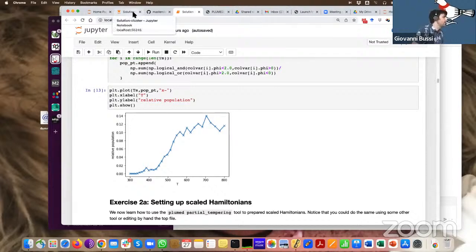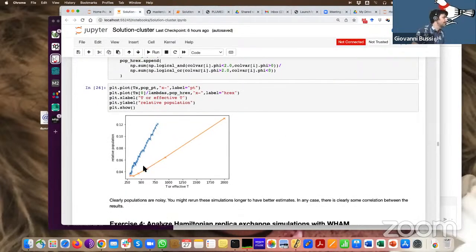Now I will show you separately the results of a simulation which is much longer. So this is, if I remember correctly, 50 nanoseconds per replica, same parallel tempering settings, and it's this one. It's pretty different. And you see that the population at 300 Kelvin is around 0.03. So it means that the population of the least stable state is 3% and the population of the most stable